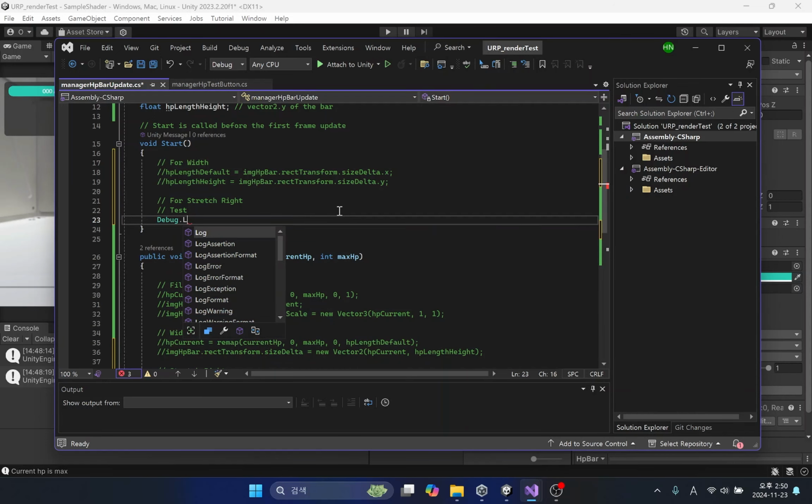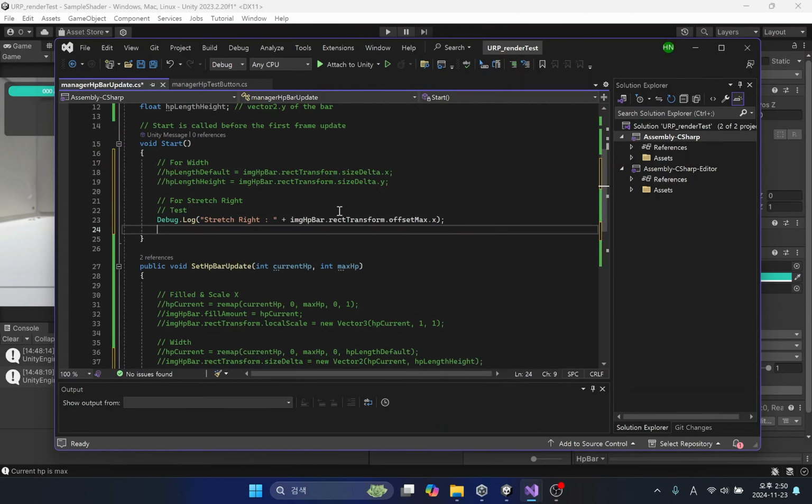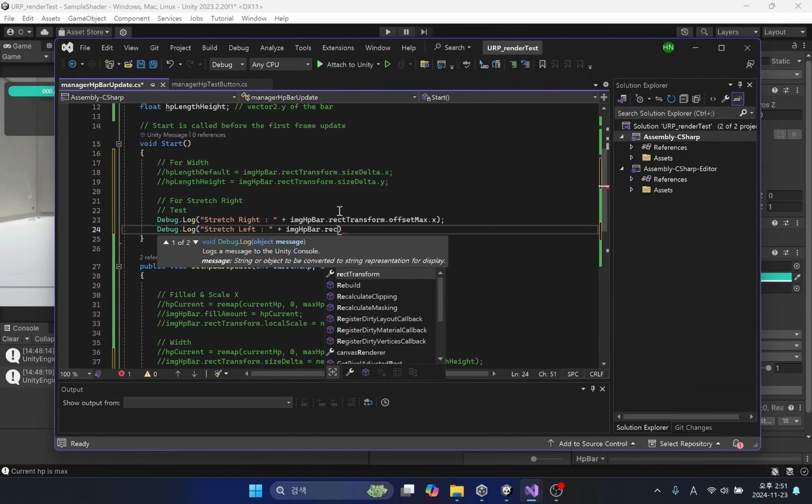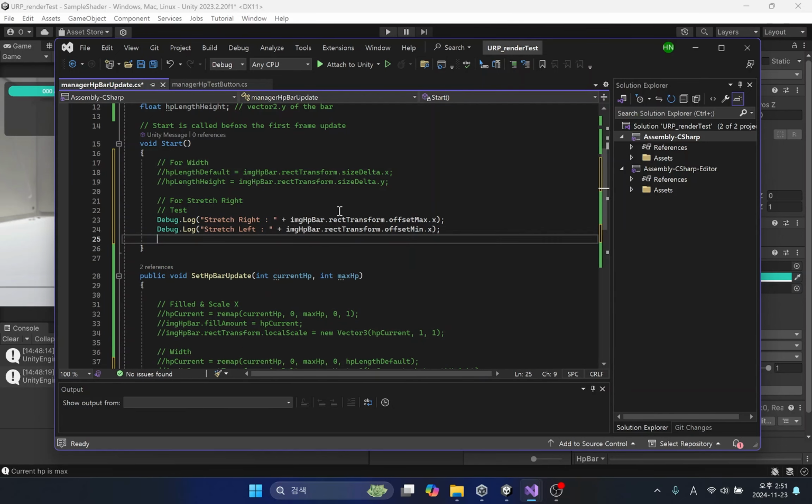Simply, you can access the offset min and max variables of the rect transform. The x value of offset max corresponds to the right value, and the left value corresponds to the x of offset min. Bottom of the image corresponds to y of offset min.